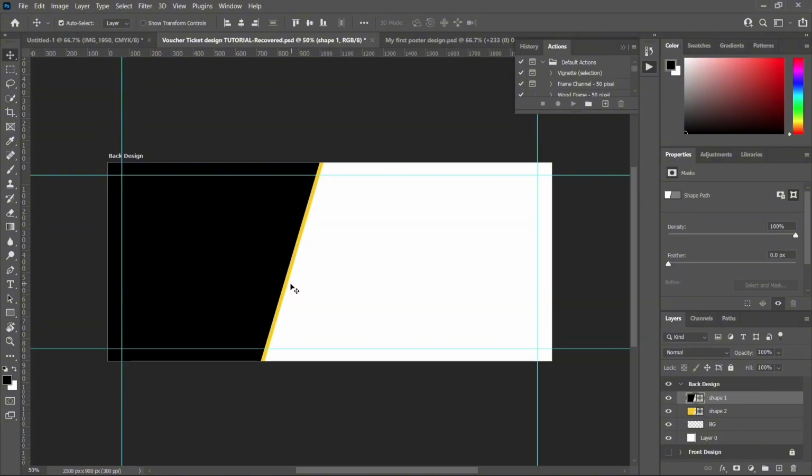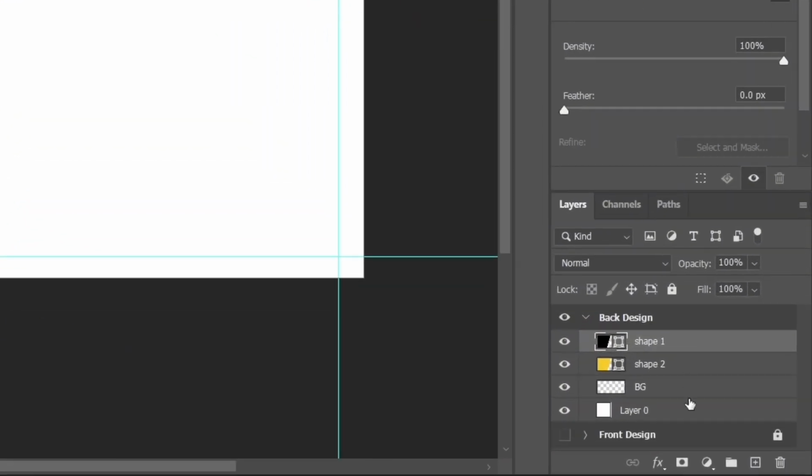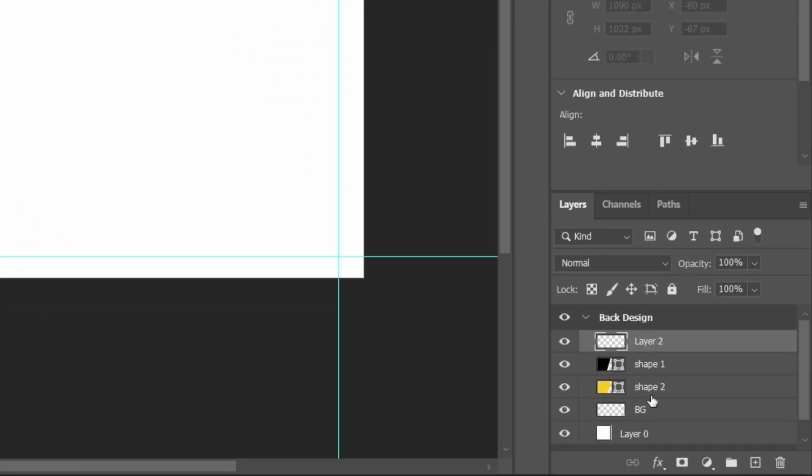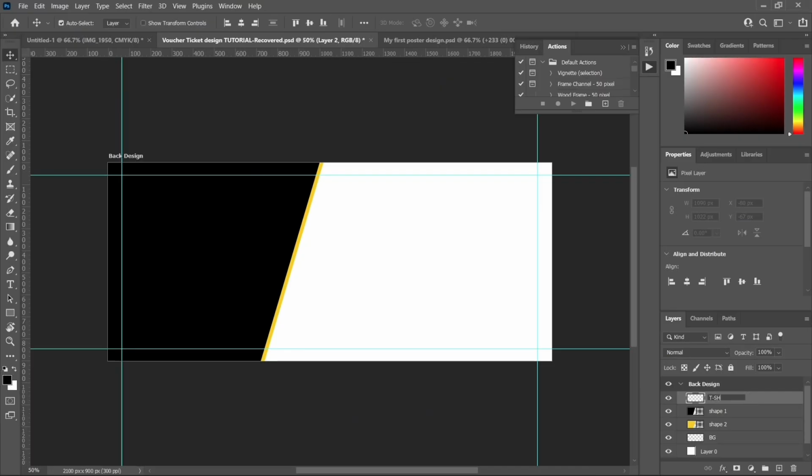Alright, so create a new layer over here. Click on the plus section to create a new layer, then double click and name this layer T-shape. You can use triangular shape, but I want to use T-shape, and I'll know that the T stands for the triangle. And then I'll move to my pen tool, and this time around I will